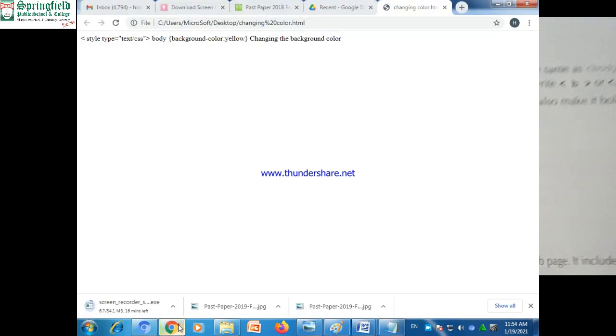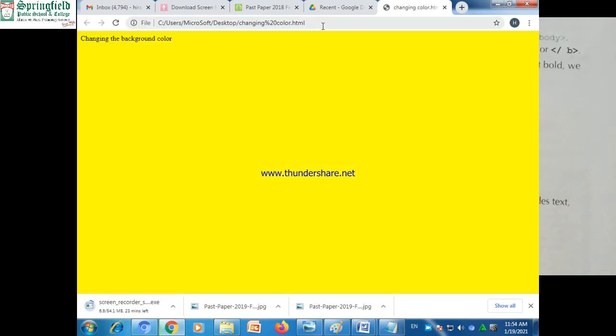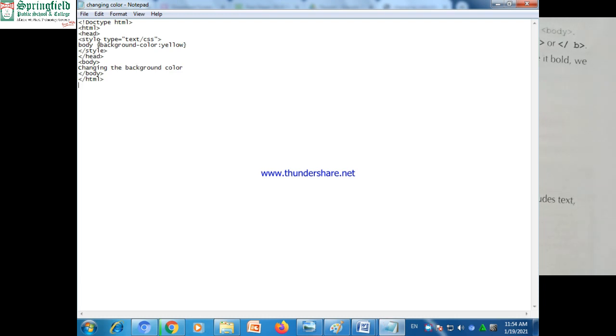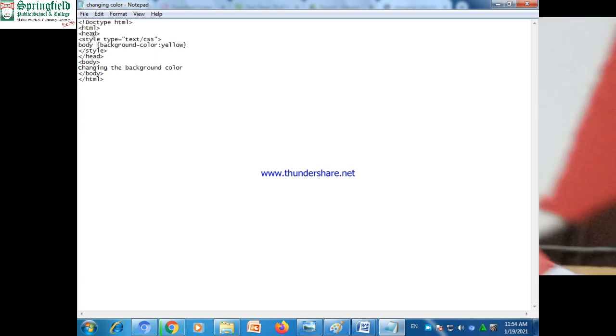Structure. Now, the structure of an HTML document is very important. The document structure contains two distinct parts, head and body. The head section contains information about the document. The body section contains everything that is displayed on the web page, including graphics and text. Here is an example of the HTML form: doctype html, head, title, /head meaning the closing tag. In the body, whatever text we want to apply, we have to write within the body.